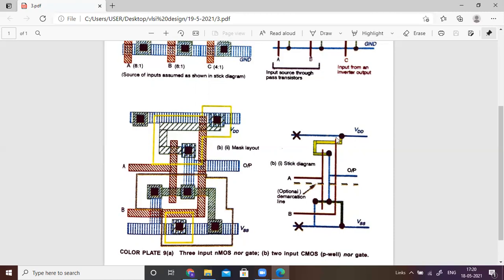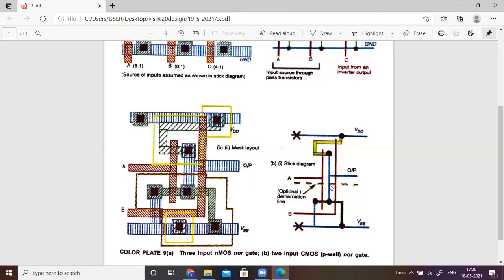Similarly, draw another vertical line using a red color, and this forms the other two transistors in the pull up and pull down regions. So this is the source region of the pull up transistor, and this is the drain point, and this is the drain, and this is the source region, and this is the drain region. Now the drains of the two transistors will be joined together. So this drain of the transistor and the drain of this transistor will be joined together by using a metal line,